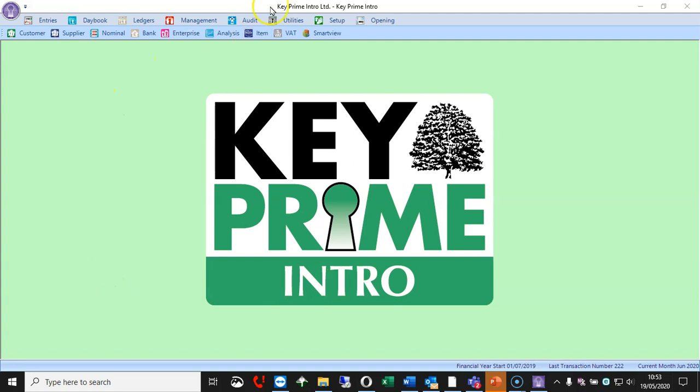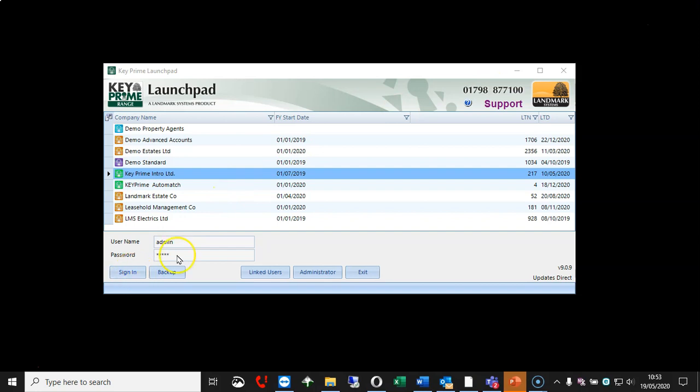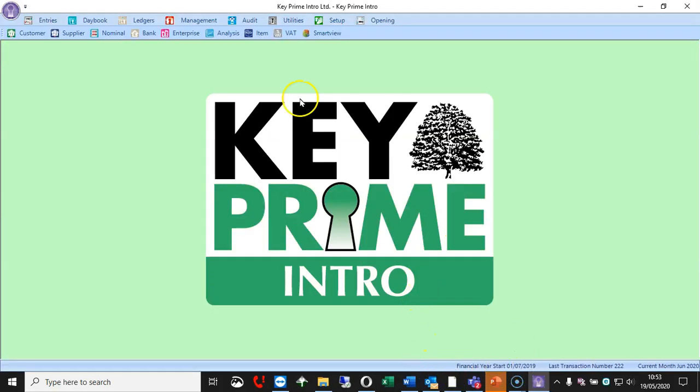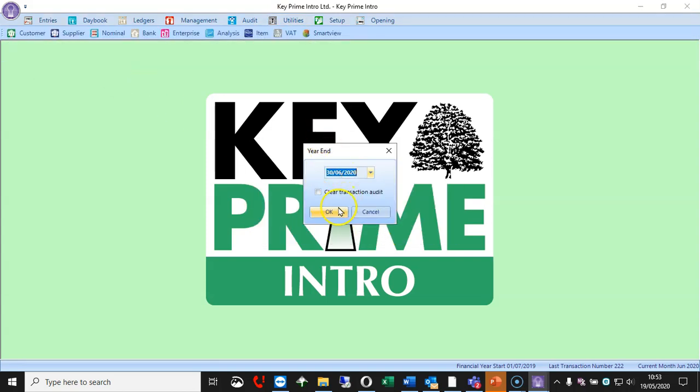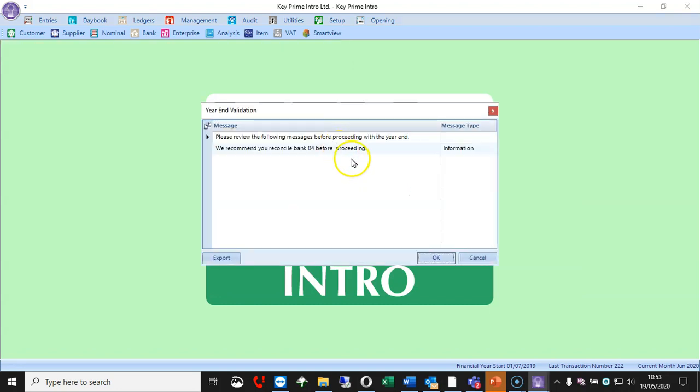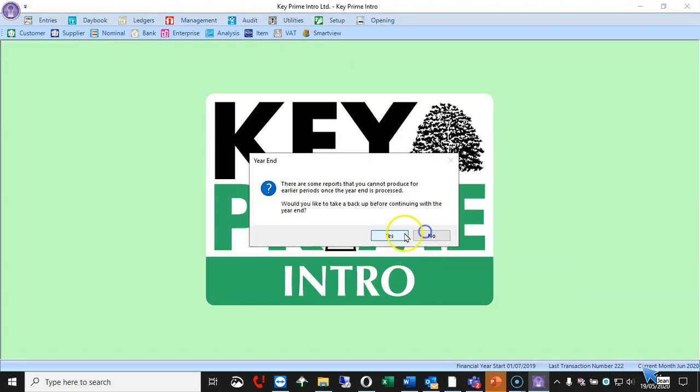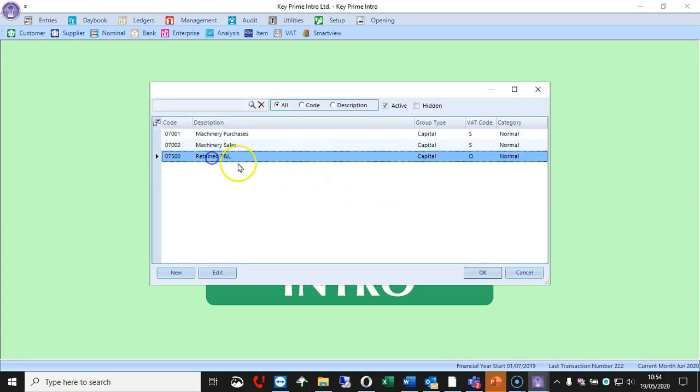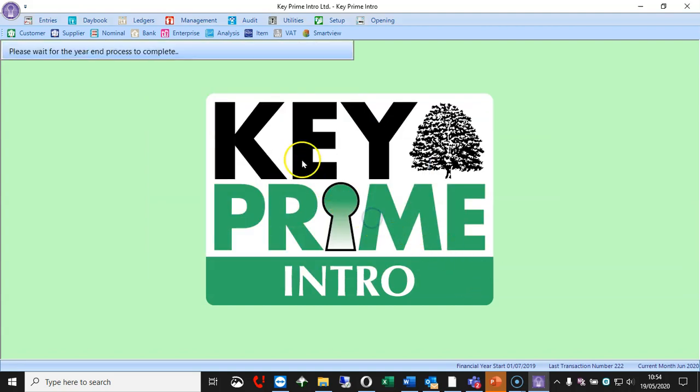But please, when you have finished everything, if you have to do the year end or roll it back, come out of it. It will still say financial year start here, because that's what we just rolled it back. But also, if you have run the year end, so let's quickly go and do that. Note I didn't take a backup, but please do. I just did that for speed.